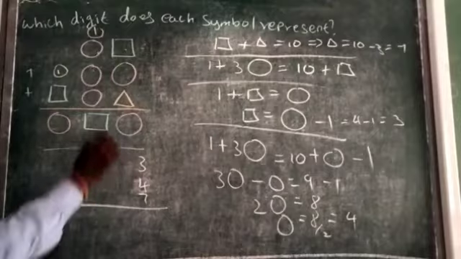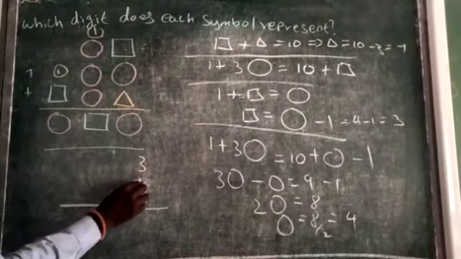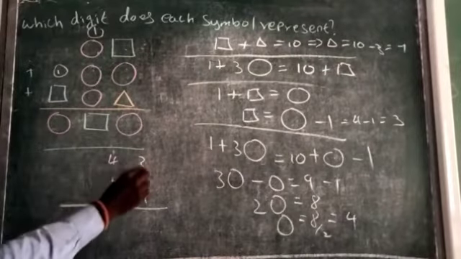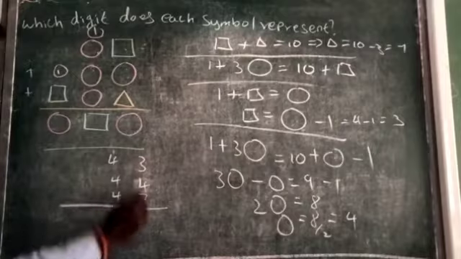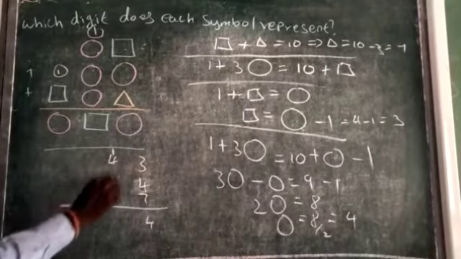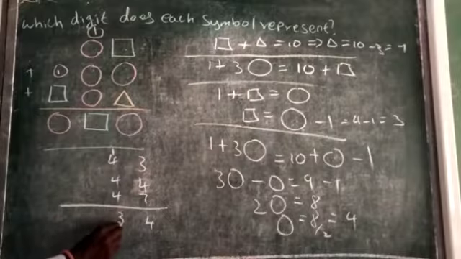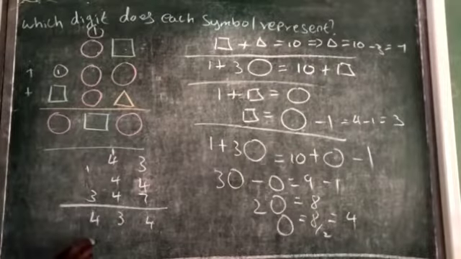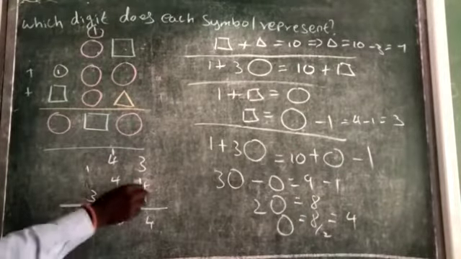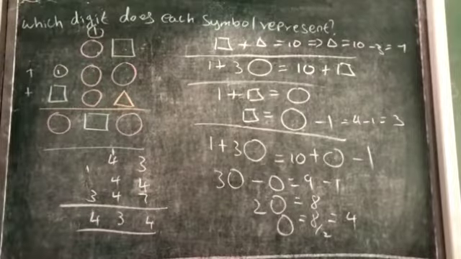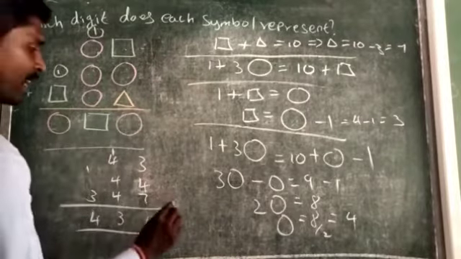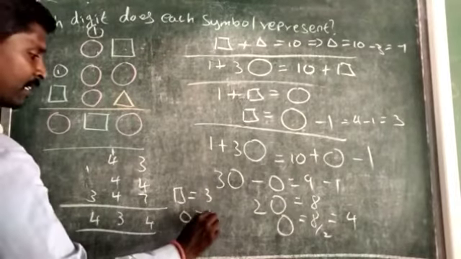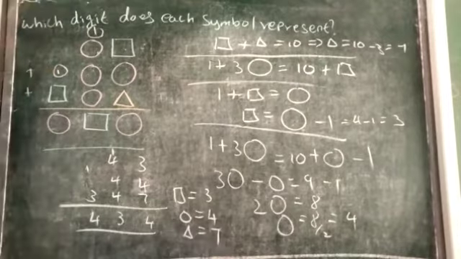Now you can add here, circle you have to write. Circle value is 4. So 4, 4, 4. You can add 7 plus 3 plus 7, that is 10, plus 14, remaining 1. So 12 plus 1, 13. 13, you can write 3. Again remaining 1 will come. Instead of square, writing 3. So 3 plus 1, 4. So circle, circle, square, square, square. This is a triangle. So the value is 4, 3, 4. But the individual values they ask: square represents 3, circle represents 4, and triangle represents 7.